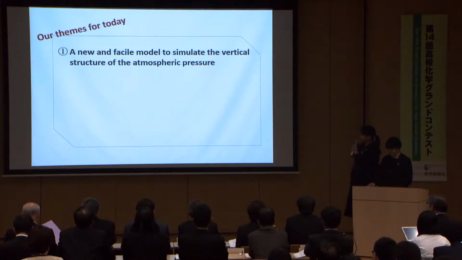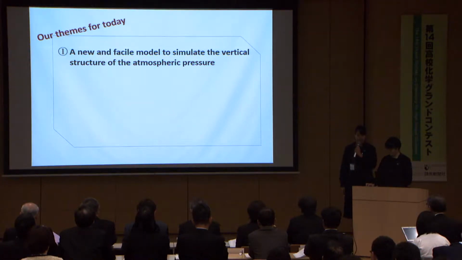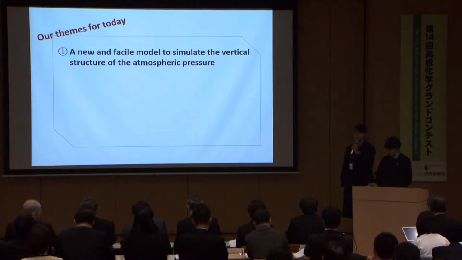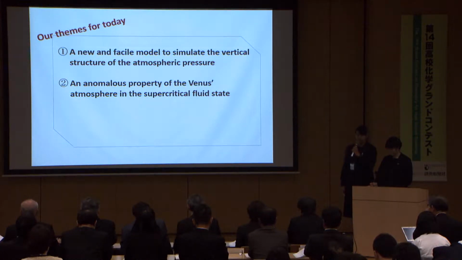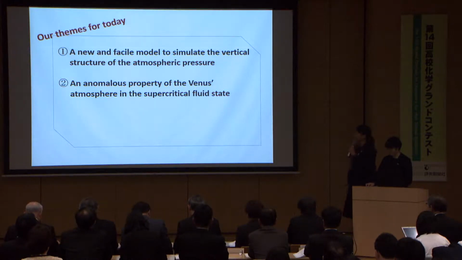In this presentation, we will tell you about three themes. First, a new model for the vertical structure of the atmospheric pressure. It allows us to know the whole vertical structure of the atmospheric pressure of heavenly bodies with a simple method. Second, a precise analysis of the Venus atmosphere in the supercritical fluid state. We have found a surprising result about the Venus atmosphere. We believe that it might be relevant to Venus's